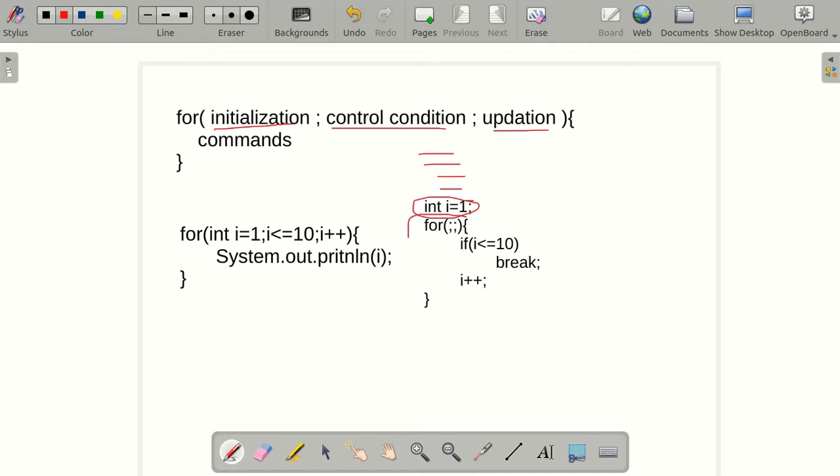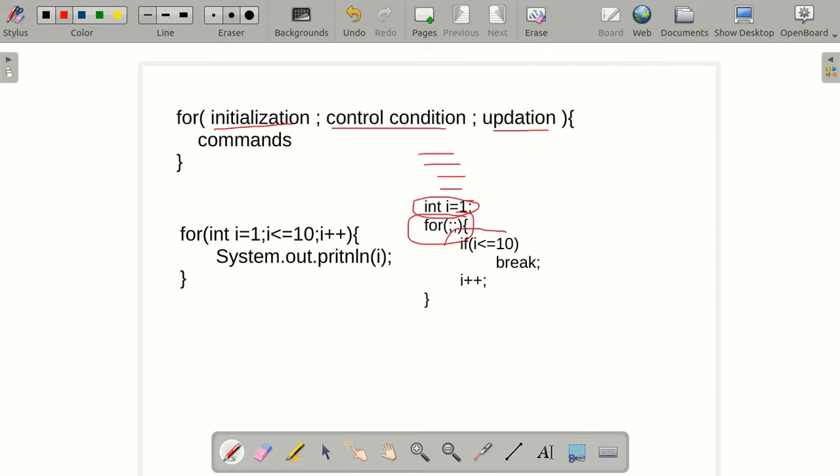Now it sees that there is a for loop, and we have not mentioned over here the condition or the updation part. Since it is not mentioned, it will enter the loop because the loop only terminates when the condition turns false. Over here no condition is turning false, so we go immediately inside the loop.